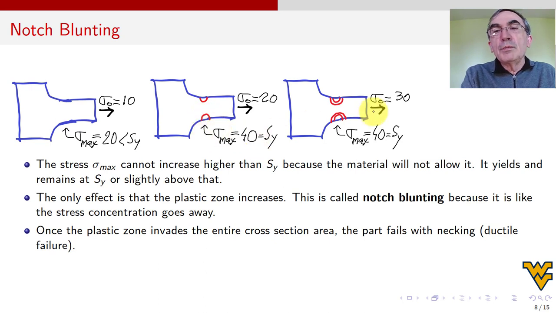And so let's put more, we put 30. And then the maximum that it can go is 40 because that's Sy, maybe 41, but not much. And then this yield will increase, right? But that means that under this situation, you can forget about the stress concentration factor because it's not going to happen. Yield is not going to let the stress go further than Sy, or a little bit more if you include hardening, but it's not much.